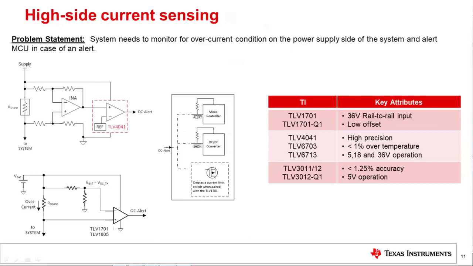And that's where rail-to-rail comes in advantage, and that's where the standard LM290X devices fall short, right? Now, if you want a reference, like I'm showing in the top left picture, here are the devices. We have the 40X one, which is kind of our 5-volt family of reference, and then the higher voltage ones, like I mentioned earlier. So again, depending on the type of current sensing you're doing, we do have the options either with reference or without, either high voltage or low voltage, all for you to pick from.